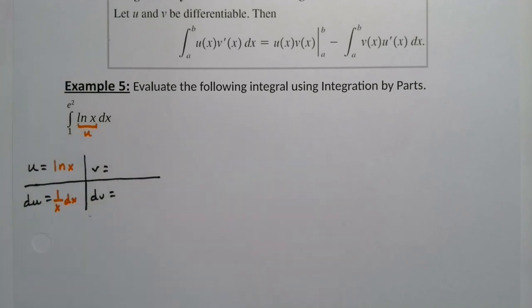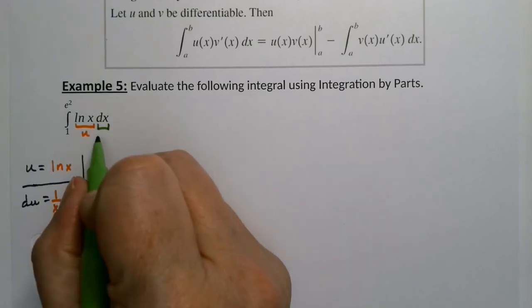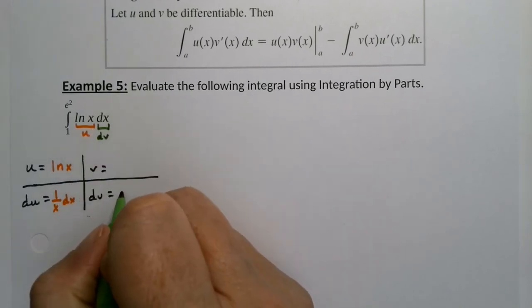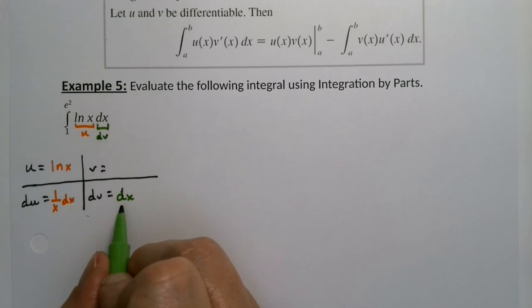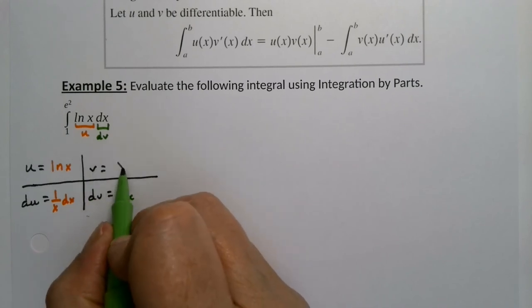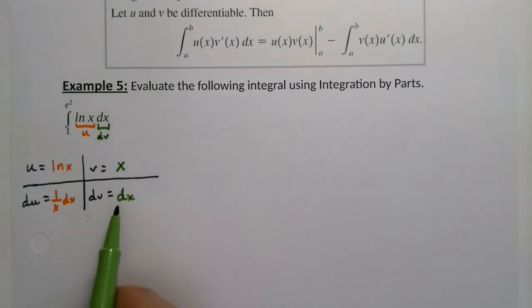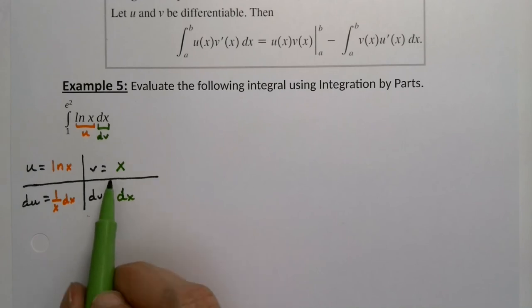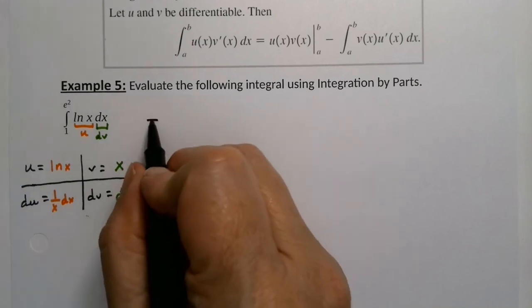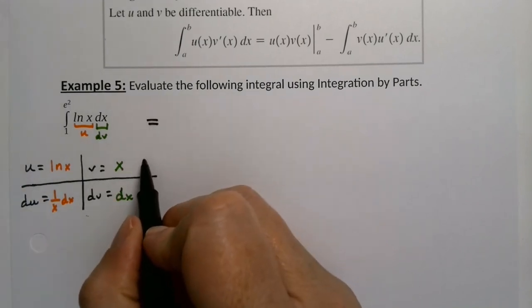So then what's left over for dv, you're asking? Well, dx, right? That's dv. So dx, and the integral of dx with respect to x would be x, right? You just take the antiderivative of, if you like, you can think of it as 1, right? So the antiderivative of 1 is x. Okay, so now when I rewrite this with integration by parts,